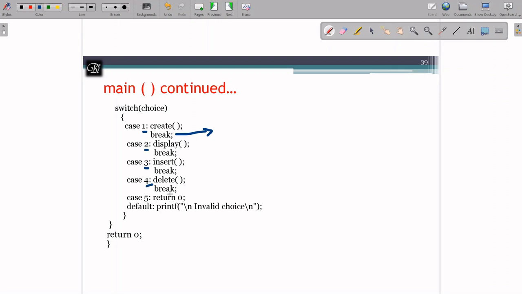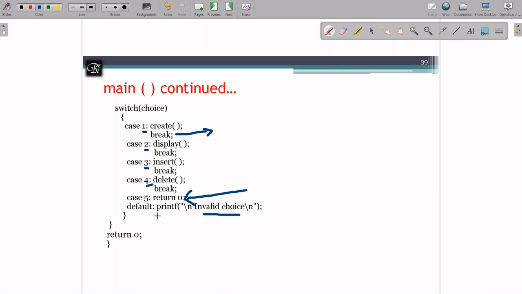And for the fifth option, I said I don't want any extra function to be written over here. There is a statement called return. I can make use of that. That will take me out of the program once I opt for exit. And if I give any other choice rather than 1 to 4, so sorry, 1 to 5, it's going to tell it's an invalid choice.